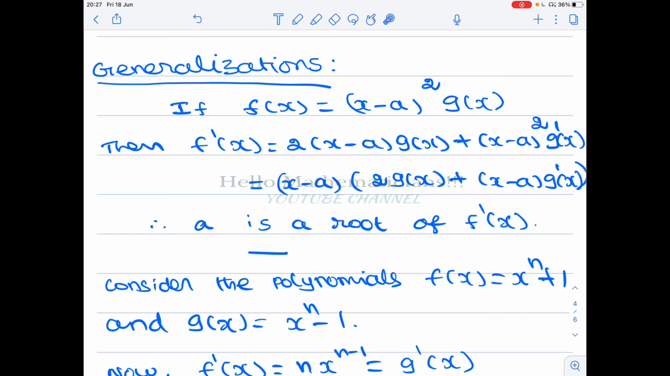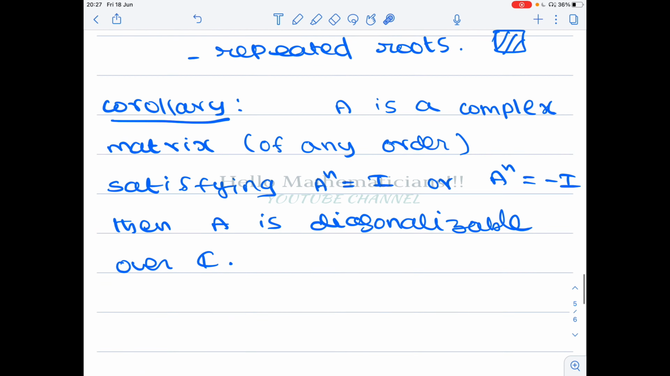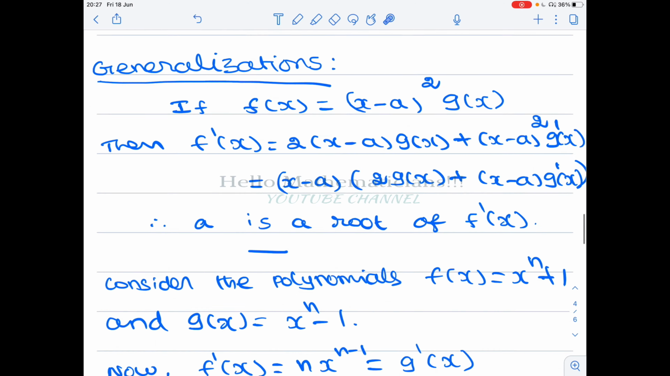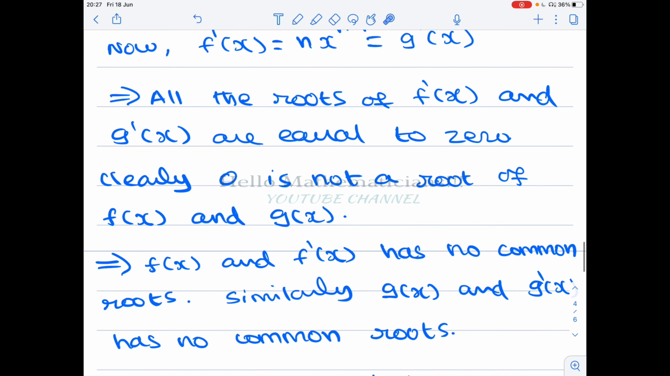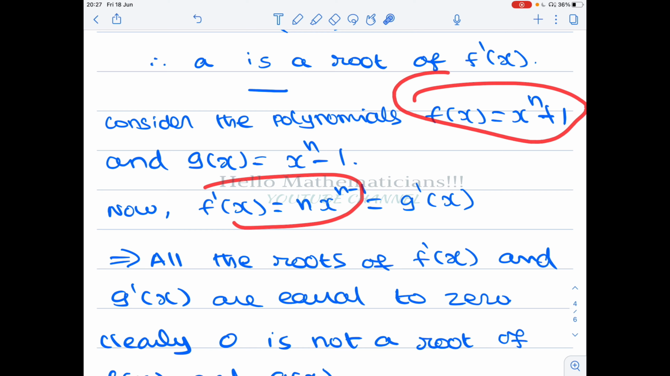Therefore we conclude that if a is a repeated root of f of x, repeated root means it appears at least twice, then a has to be a root of f prime of x. Okay, that is our result. So now in our example, we have concluded that f of x and f prime of x